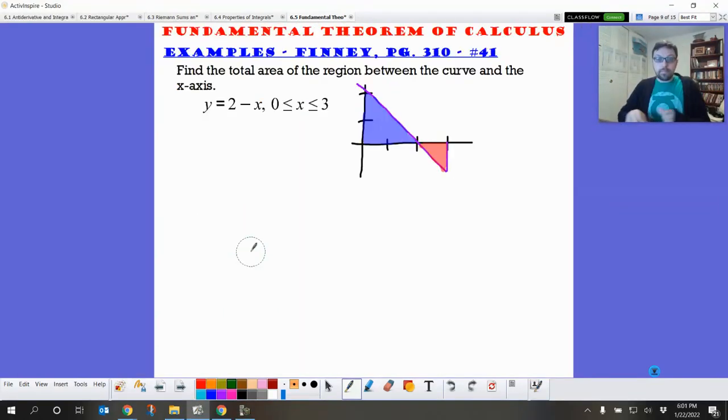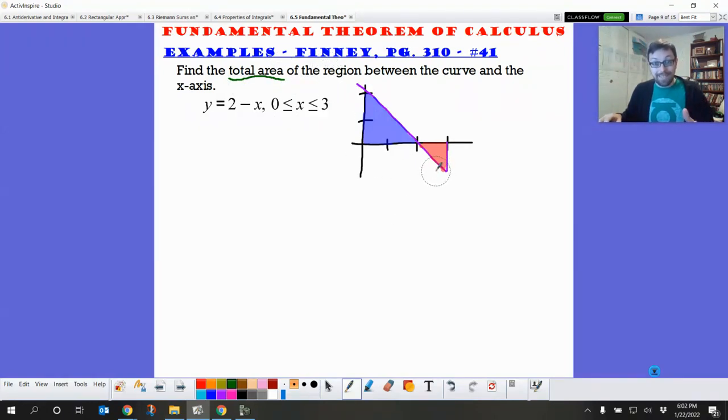No problem. All right. Now, this one has a bit of a sneaky trick to it. When you look at the graph, it actually dips down below the x-axis. So we've got an upper part and we've got a lower part. Since we have that, we could just integrate and we would get a value. That's fine. However, this one's looking for the keyword total area between the curve and the x-axis. So this chunk right here is going to get a negative value since it's below the x-axis. But since they want the total area between the curve and the x-axis, we need to make that